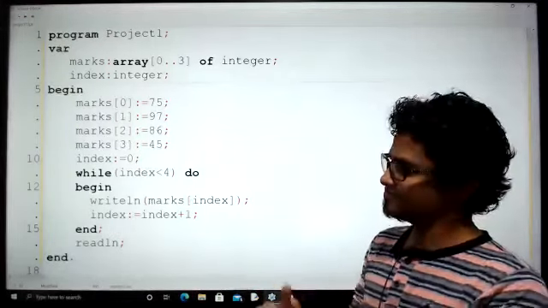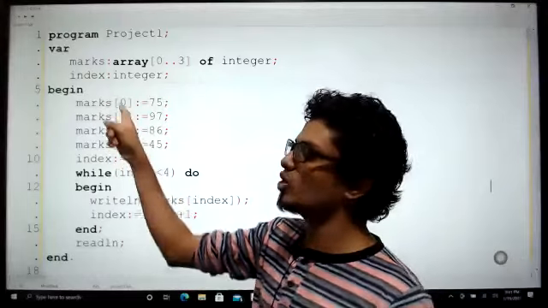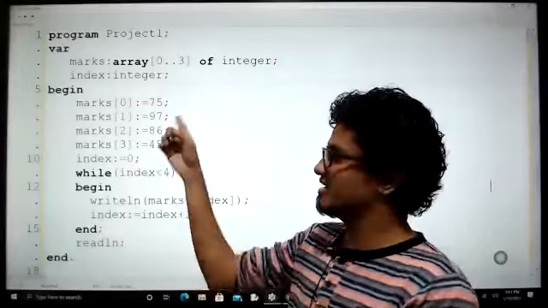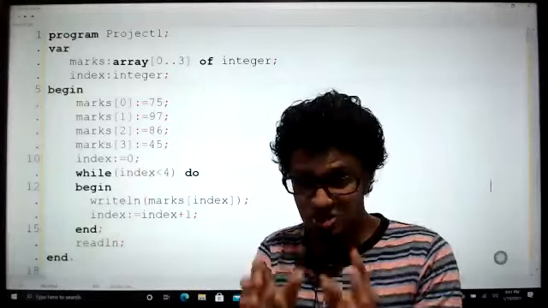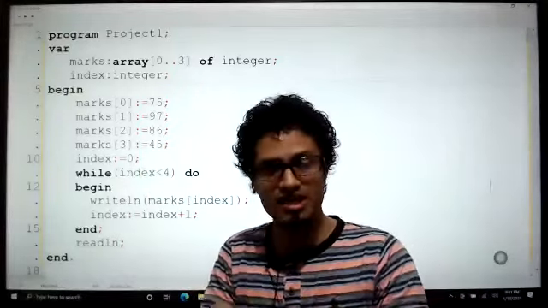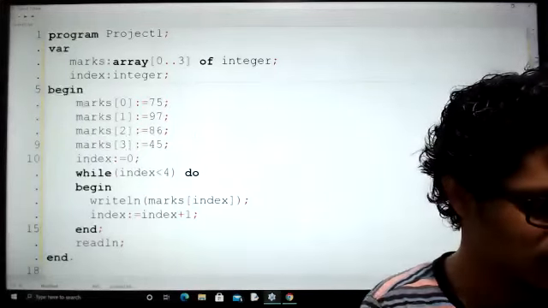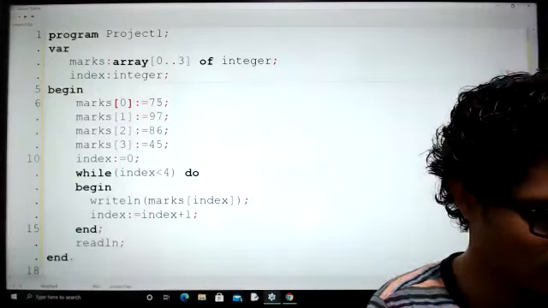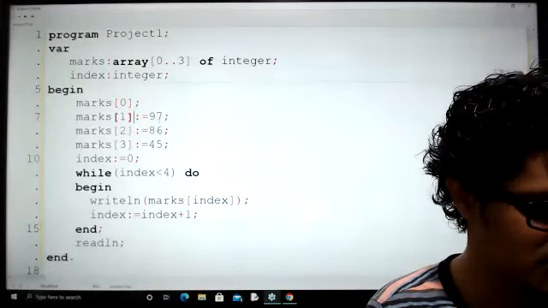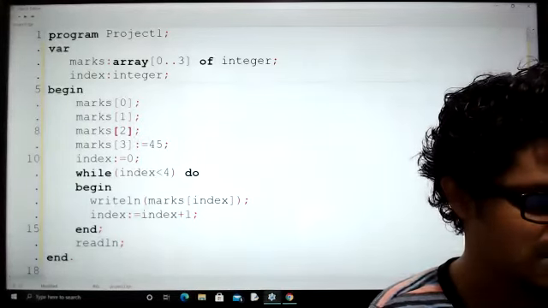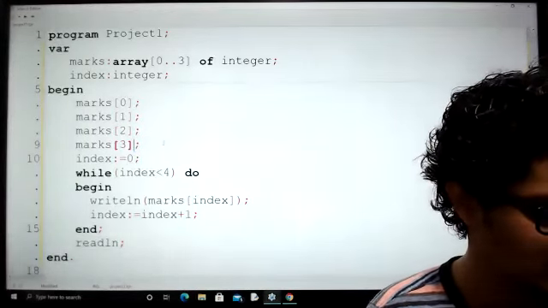And now let's go for this. If I want to take user inputs, 75, I want to take a user input for that. 97, I want to have a user input for that. So first of all, I'm going to change this into user inputs. Let's see how to do it. Pretty simple. Remove this part of the code. Not 75, not 97, not 87, not like this. I need to have user inputs. Wait for user inputs to run.